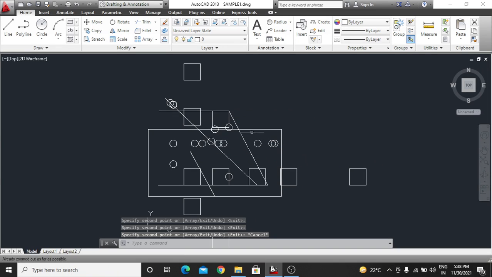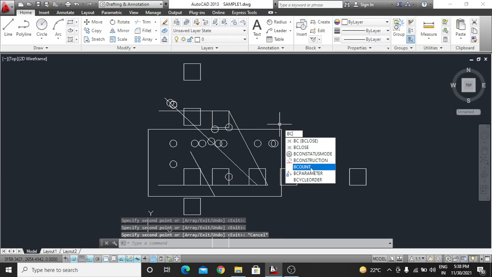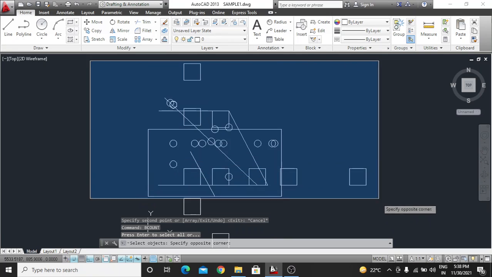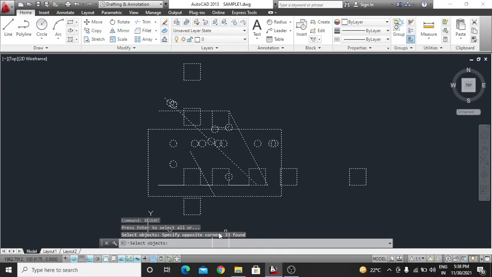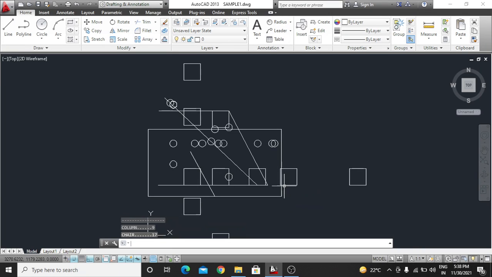So now what you can do in a single design is B count and select all the objects and enter. Now we have not selected one column, so just move it over, okay, below.